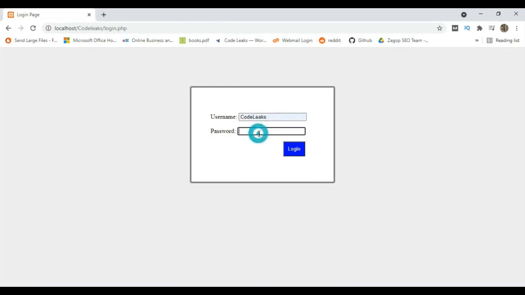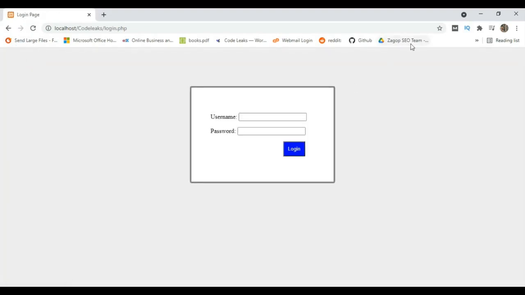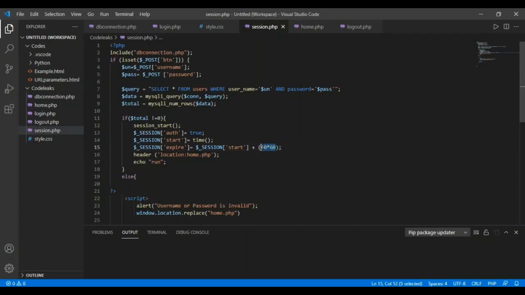Now let's do a simple experiment. I am getting logged in again to show you something. So now you are on the home page, and we have increased the session time to 40 minutes. Okay, now you can see upon reloading the page, I am not getting logged out. I am on the home page because the session time is 40 minutes. What I am going to do here is decrease the session time to 10 seconds.